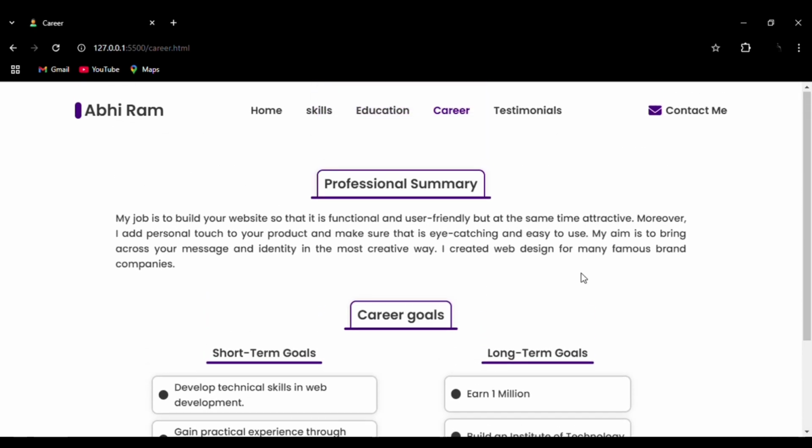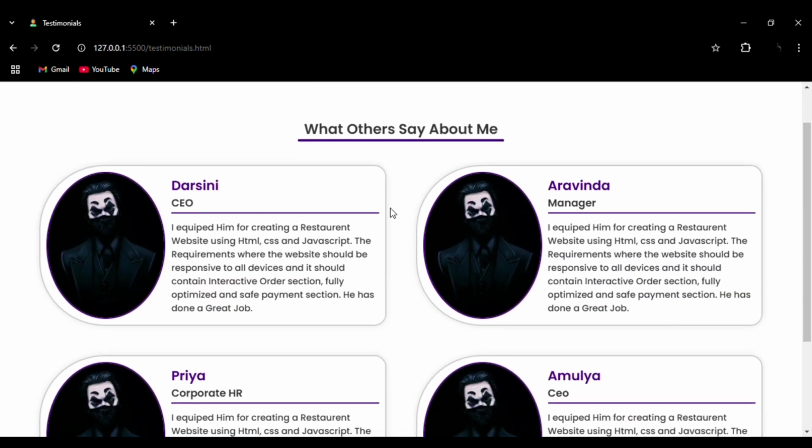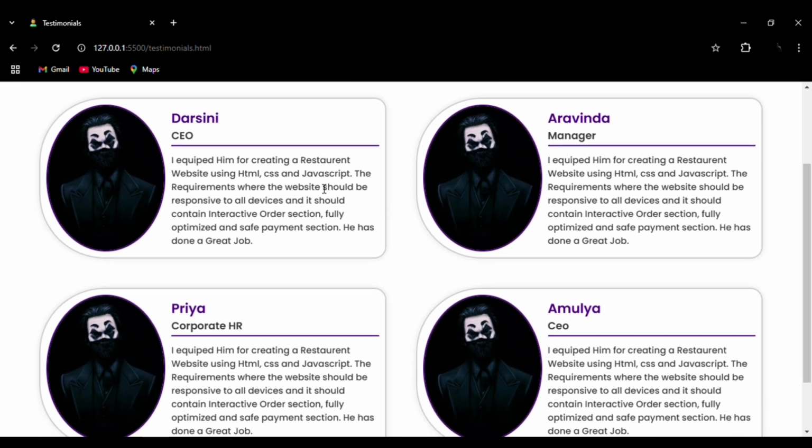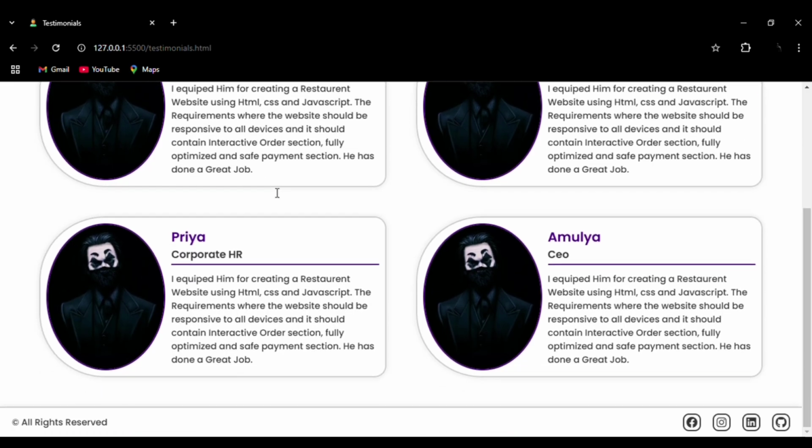Then we can go to the testimonial section, and in the testimonial section you can see we have integrated an image inside a text and giving a very professional look testimonial section where the other people have given information about you, how you work, and you can see the very professionally done box shadow effect here that is added